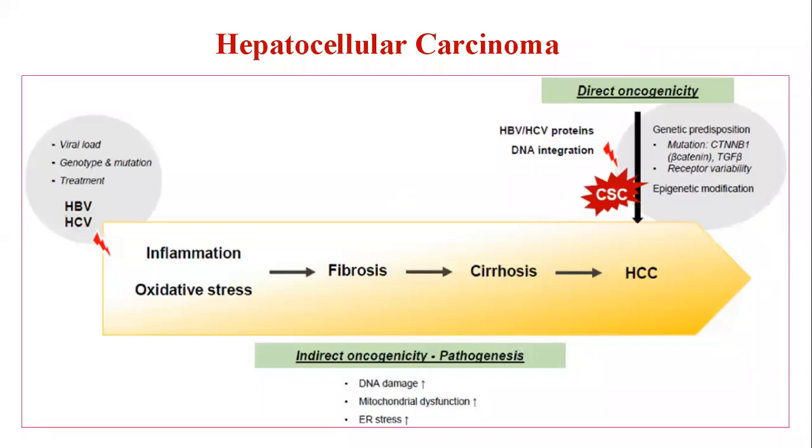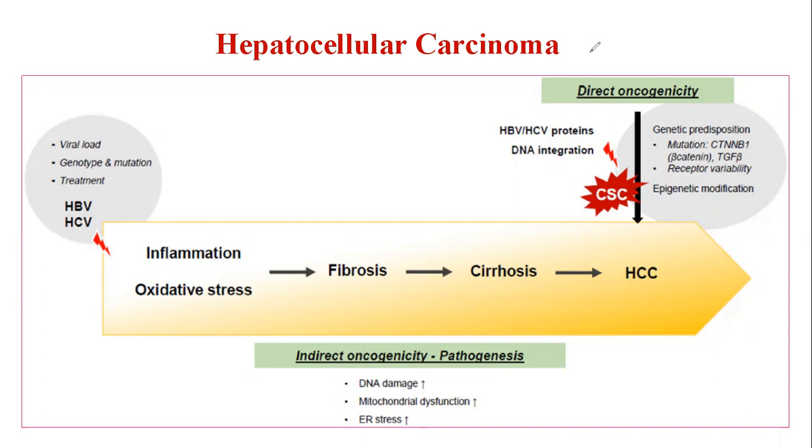So here's how hepatocellular carcinoma can be developed by HBV or HCV. There are two types of mode. This is the indirect mode, and this is the direct mode. In the indirect mode, there is increment of DNA damage, mitochondrial dysfunction, and ER stress development. In direct oncogenicity, you can see cancer stem cell development via DNA integration or via the core